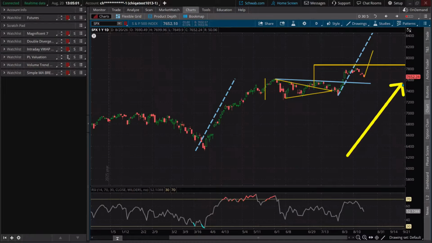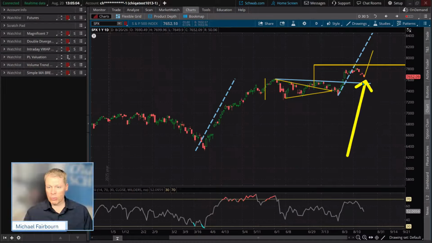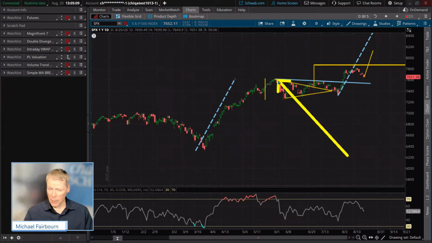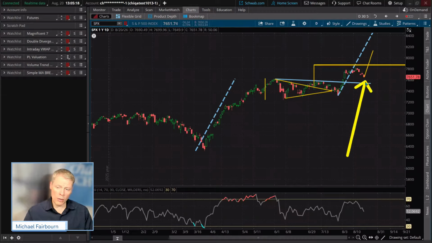Right there at 7,600, prior highs. Now, sometimes you will come down and bounce off that level. That's not uncommon at all to see a bounce off of this level, especially after a breakup, a pullback, a bounce. Follow through, that's the question mark. That's what we're wondering here. Will we get that or not?